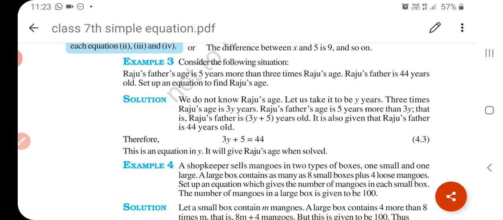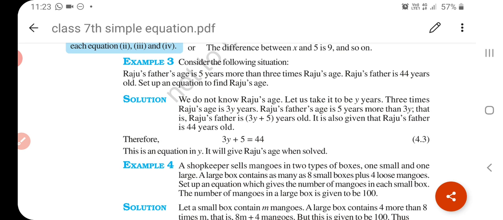Okay, we have studied it. An algebraic expression contains some variable and constant. The mathematical statement can be written in the form of algebraic expression. Okay, there is not at all an equal to sign there. Understand? And an equation, a statement of equality which involves one or more variables, is called an equation.